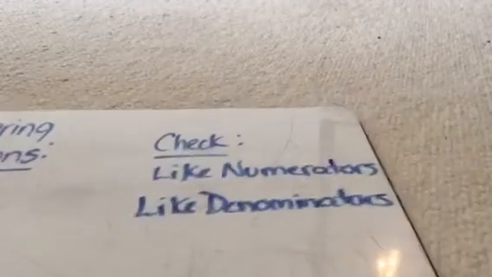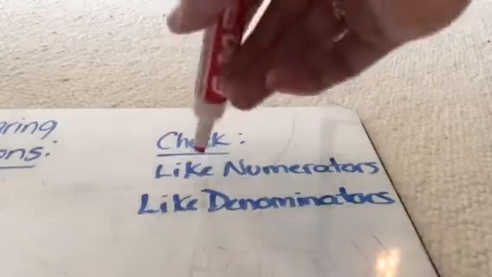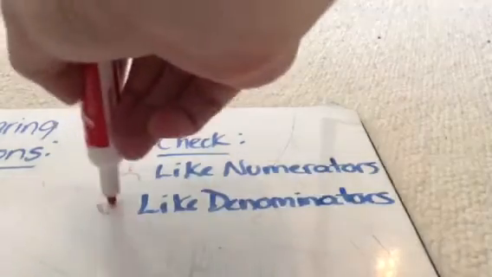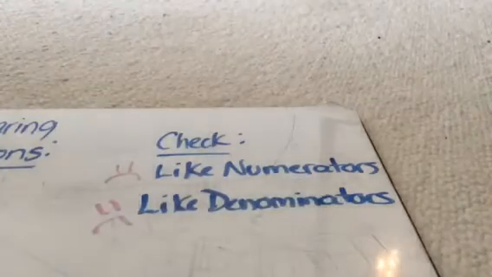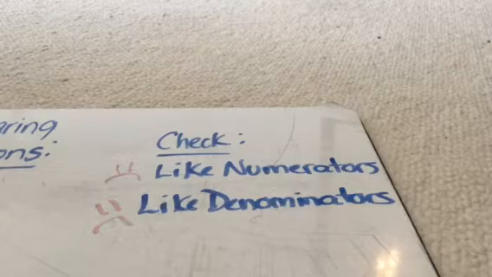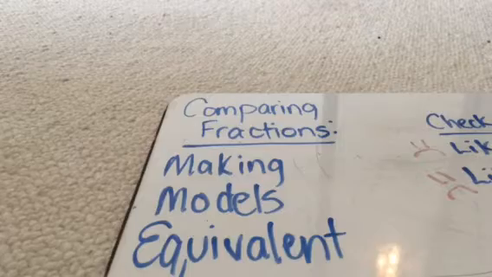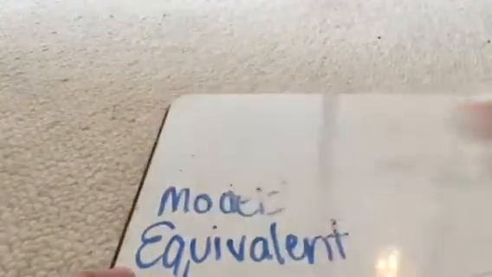So first, we've gone through the first strategy. Do they have like numerators? No. Do they have like denominators? No. So what do we do? Okay, this is where we're going to make the models equivalent if we can. Okay, so with making models equivalent, you're looking for, and we're going to write this in our notes,